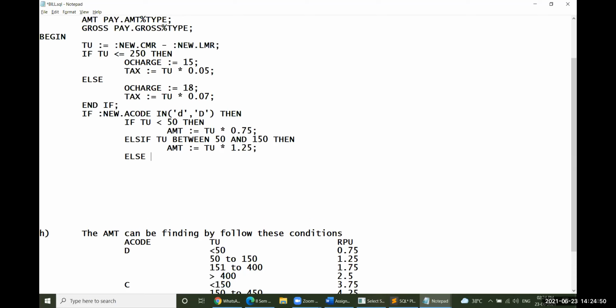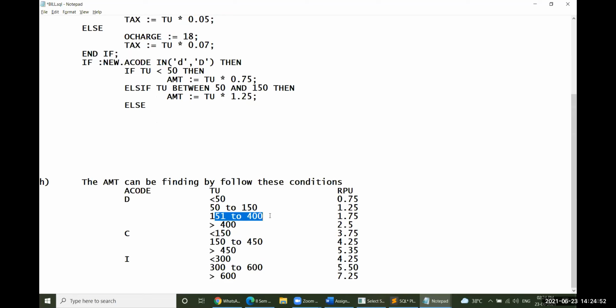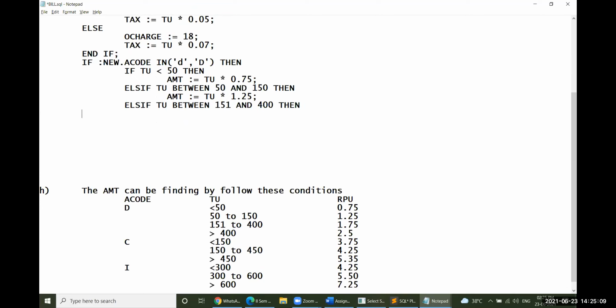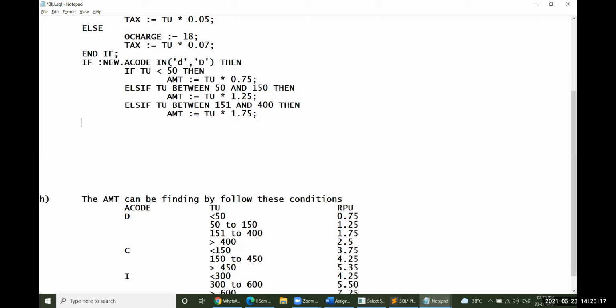Okay, one more condition we have. Else if total units between 151 and the final value, that is 400, then AMT will be equal to total units into 1.75.